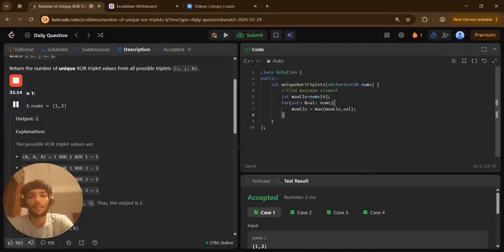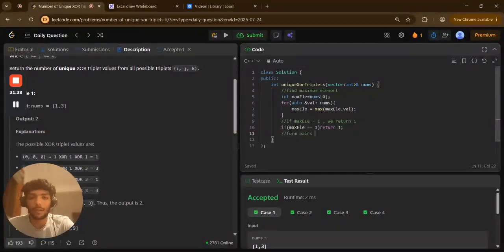Okay. If maxEle equals 1, we return 1. Okay. If that's not the case,